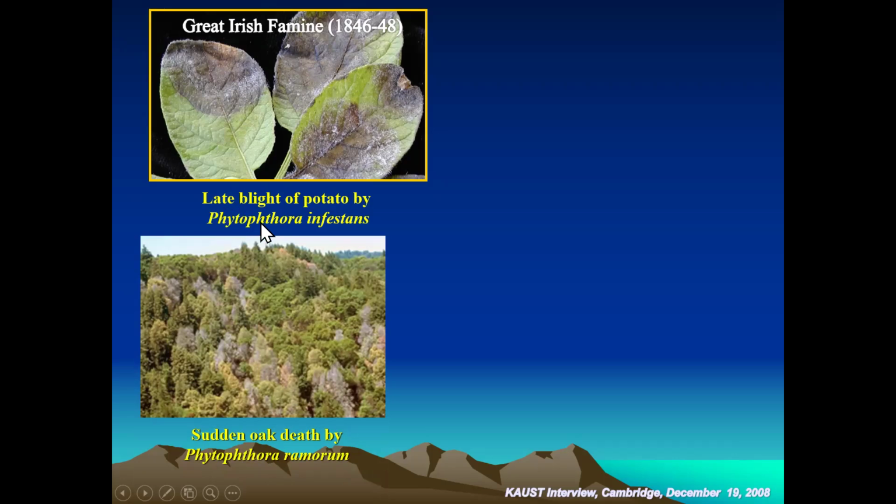German scientist Anton de Bary discovered that it is caused by a fungus-like organism. Initially, the church declared that it was a curse from God because people were not pious enough to go to the church on Sunday. So this curse came from God.